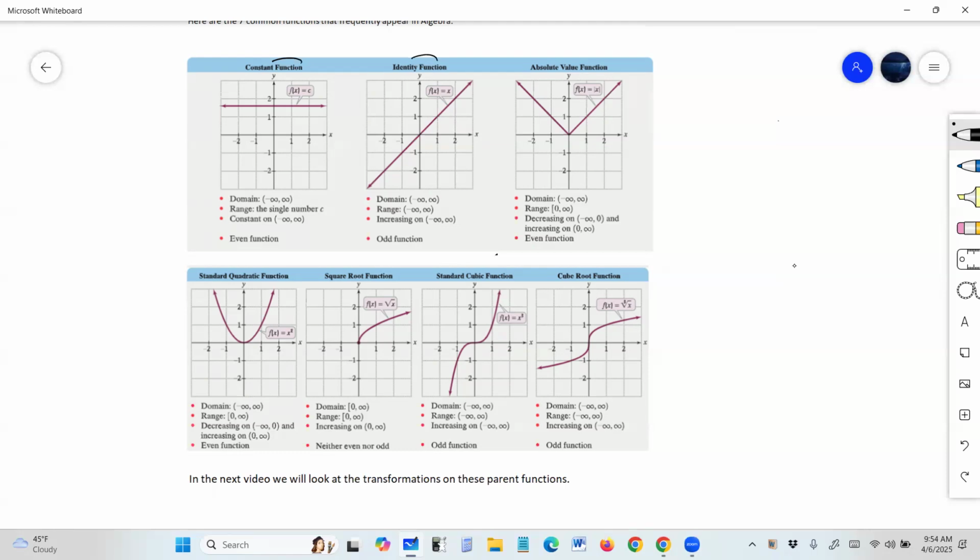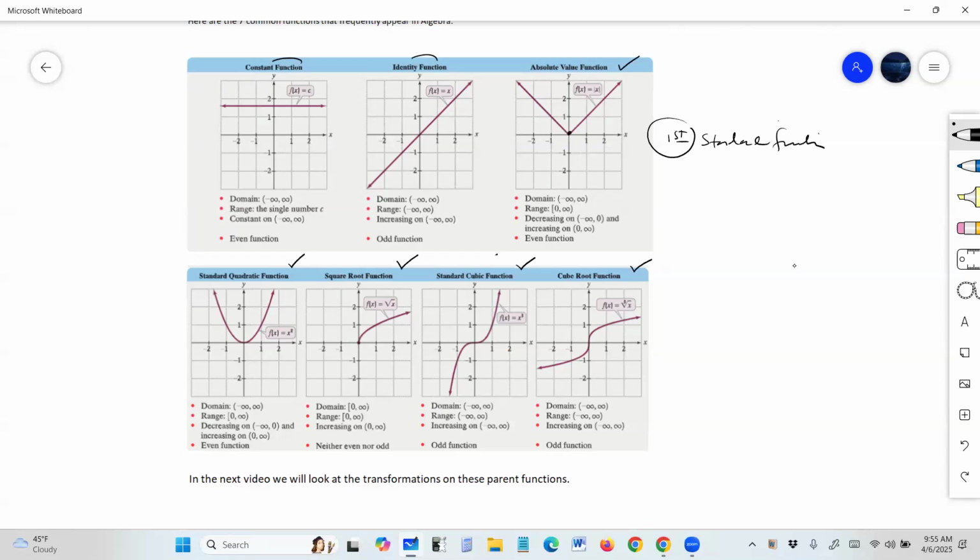And we know the graph because we're so used to linear functions and the constant functions. But the absolute, the quadratic, the square root, the cubic, and the cubic root, we have to know their basic positions and shape,